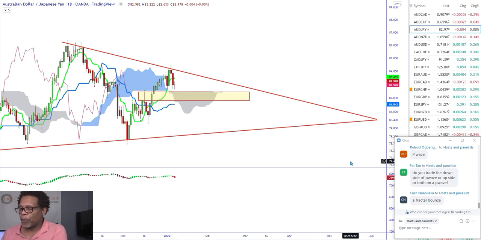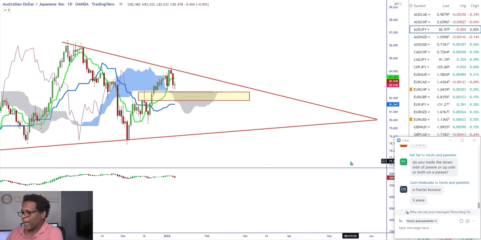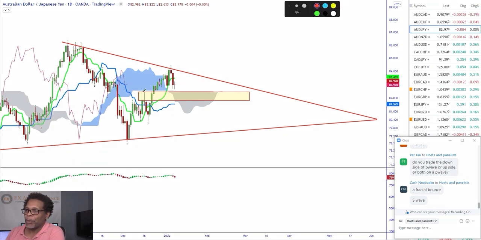Yeah, so what would the formation be, if we're talking Ichimoku? What would that formation be though? Right, so I know Cash Flow knows this. That's why I asked him, but he just told me what it would be, and you guys can see what it is. If we're going to bounce on that fractal, it's going to be what?